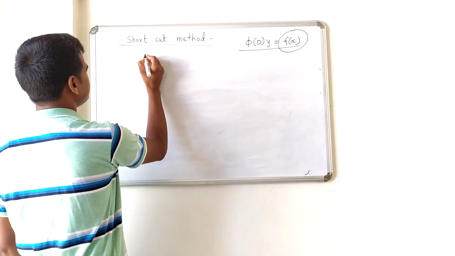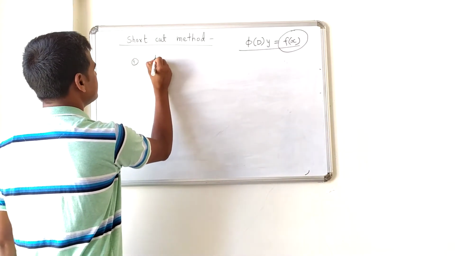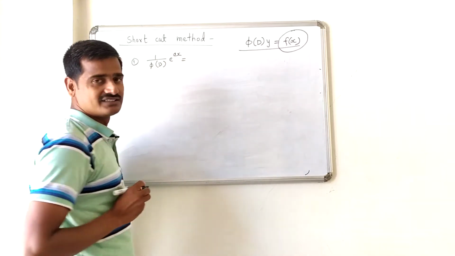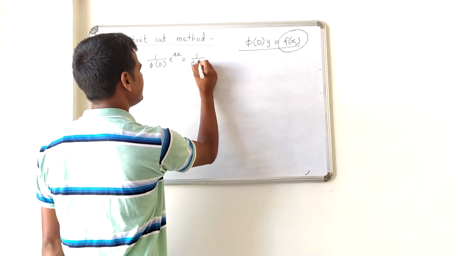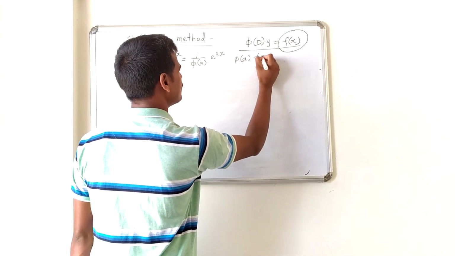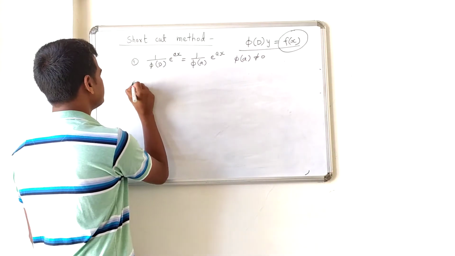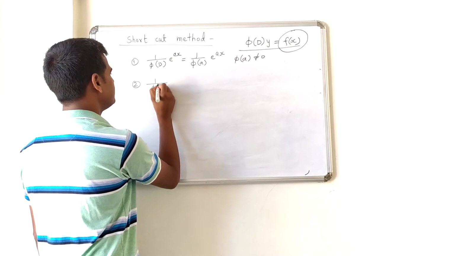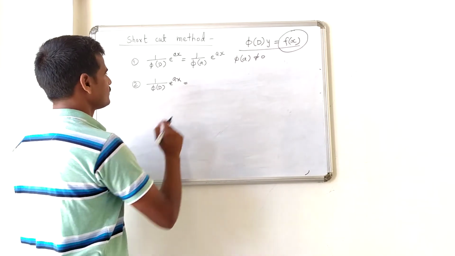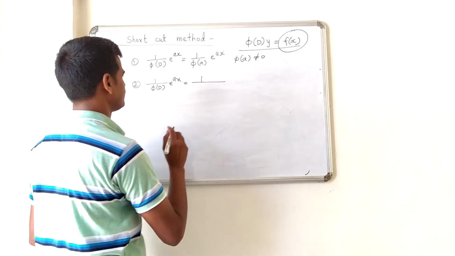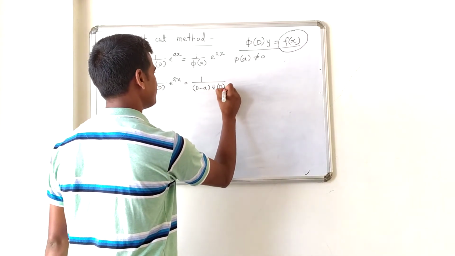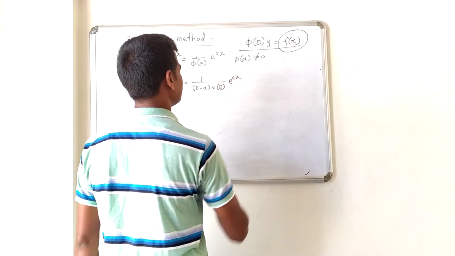Number 1, I will write here an important result. 1 upon phi of D operated on e to the power ax is equal to 1 upon phi of a e to the power ax, provided phi of a is non-zero. This is the first result. Then second, 1 upon phi of D operated on e to the power ax is equal to